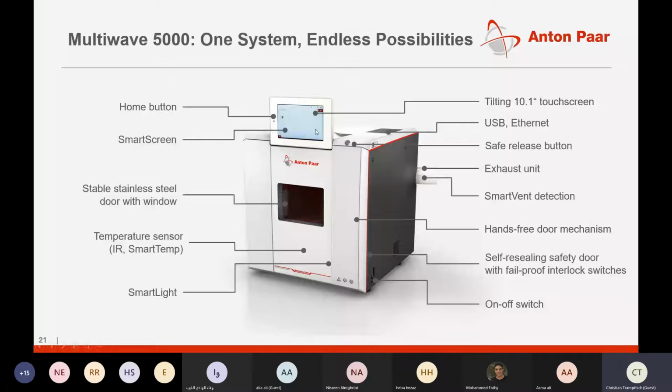There is a home button so that you can navigate easily through the software. We have a release button to open the door. We have connectivity. We have USB ports on the side, here on the back. We have Ethernet connection for remote control of the instrument